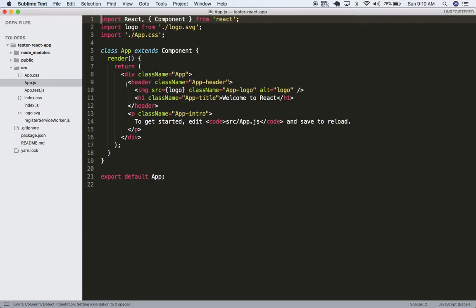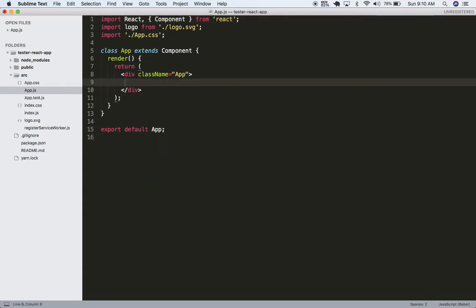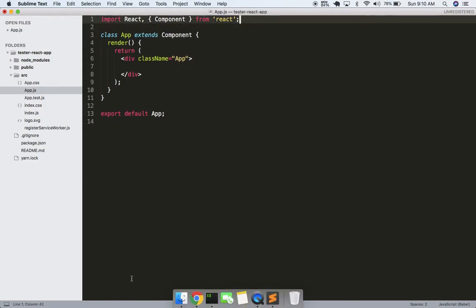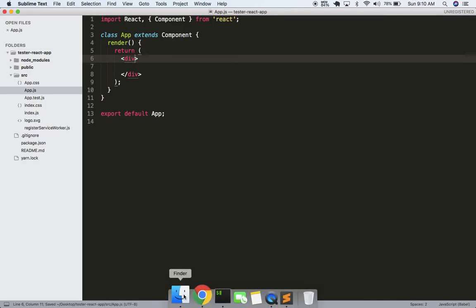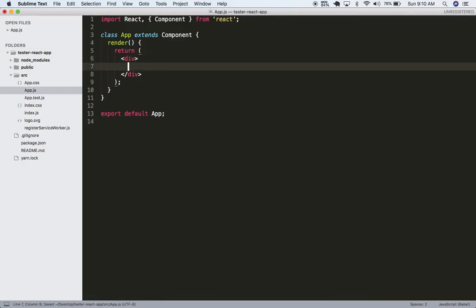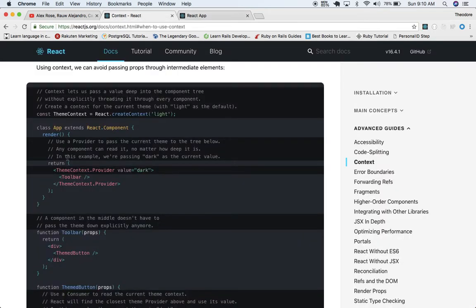Okay, so this is our app. I'm gonna get rid of all this stuff right here. Don't really need this. Don't really care about that either. And say testing React context, something like that. And cool. So what you do is you do